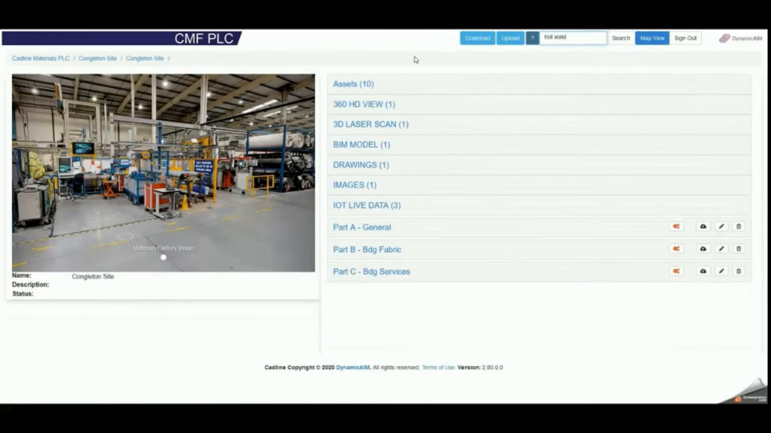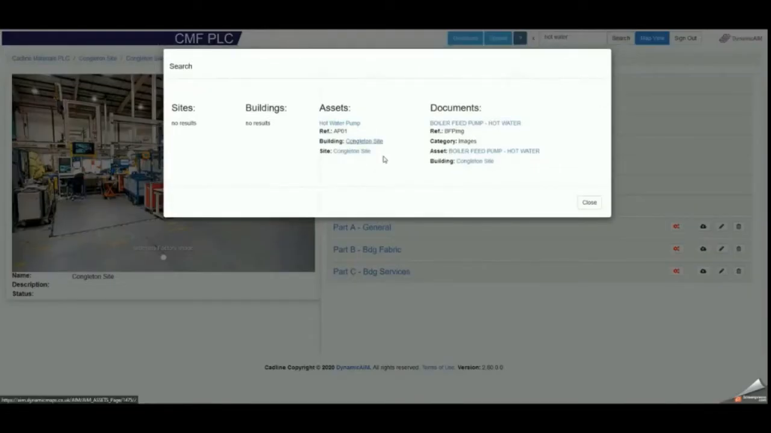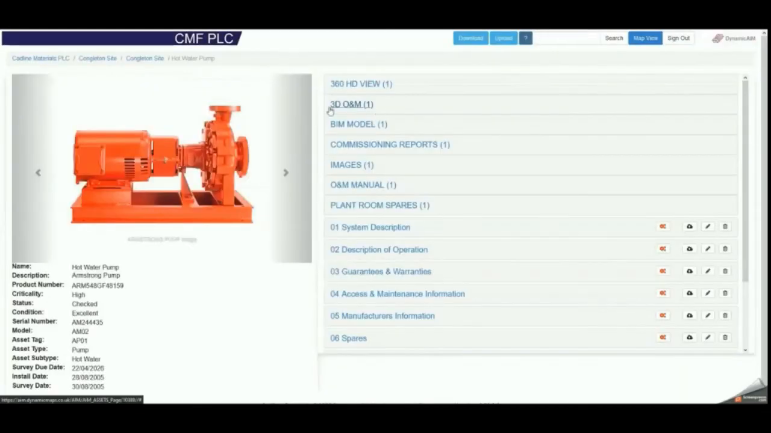hot water pump, hit search. You'll notice I've left the word pump off, and the system will now search the database for anything hot water. And there we are. I'll click on the asset, and that'll take us straight to what we call asset on